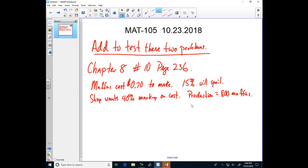The question is, what should the shop price the muffins at? I'm not sure that's good English, but...